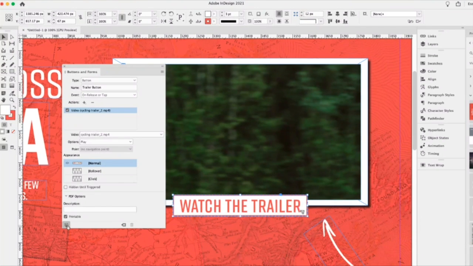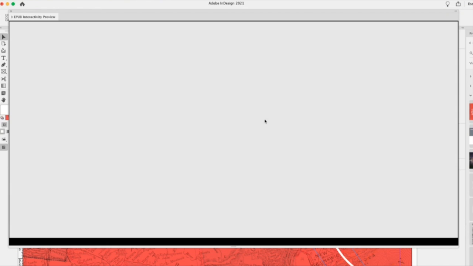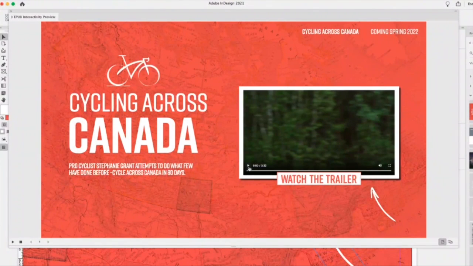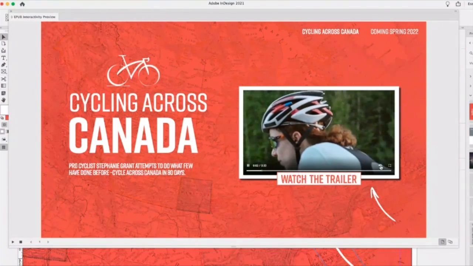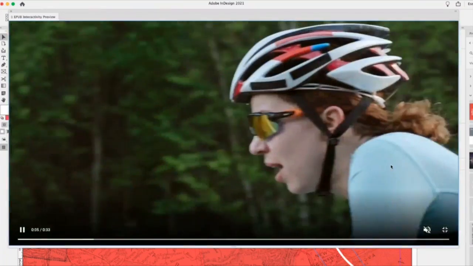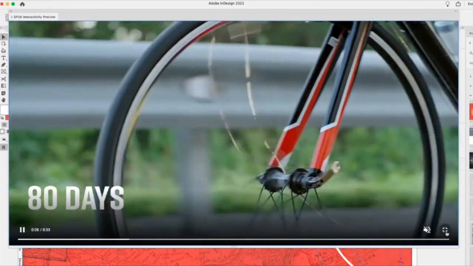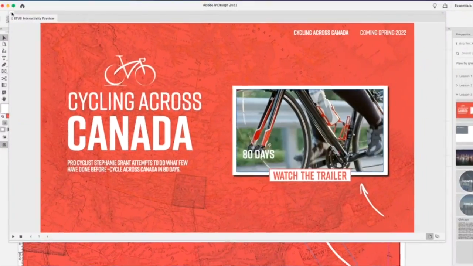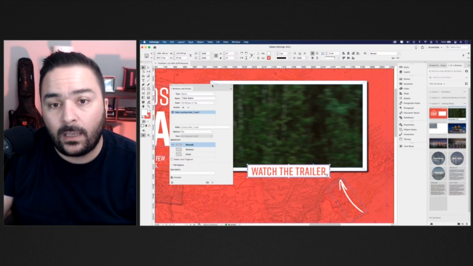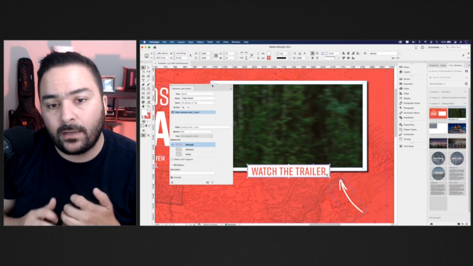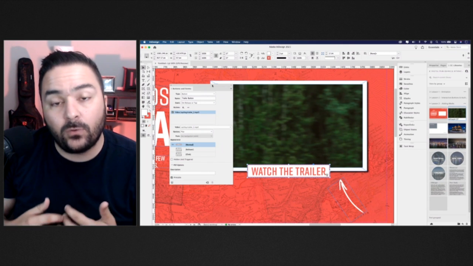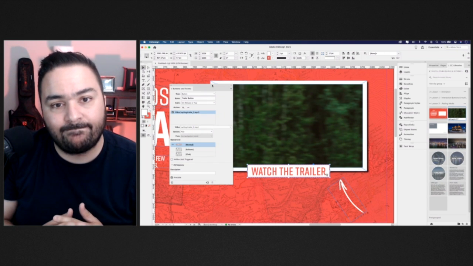So let's go ahead and test it out now. Of course, I can still go in and control it from the play head button here. However, I've set this up as a button now to play the video as well, which is pretty cool. So I'm going to just turn that down. You can also make it full screen and then go back. And so that is how you place a video. Next, we're going to use a combination of Buttons and Forms and Object States to create a really cool, stunning video slide. So let's do that next.